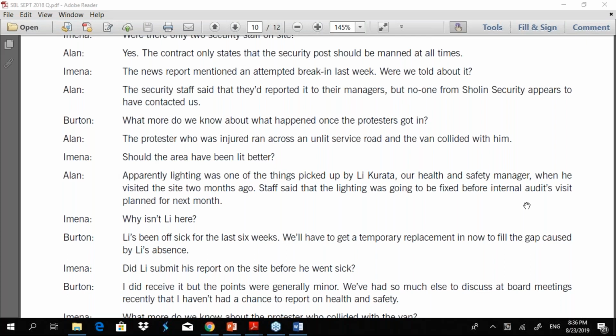And he has also not issued or highlighted the safety issues in the report that is given to the board. And the ultimate responsibility rests with him. So that is a major concern to worry about.